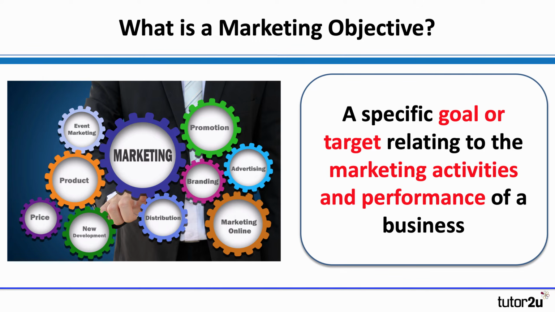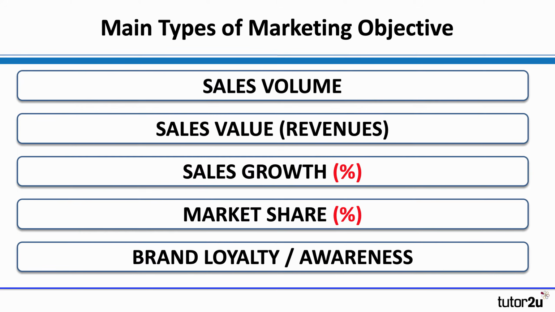So what we've done there is I've given you two examples of common marketing objectives. Data that helps us work out whether a business has achieved a specific goal, a specific marketing target in relation to its marketing activities, its marketing strategy. Now you may want to pause the video as we're going along just to add to your notes.